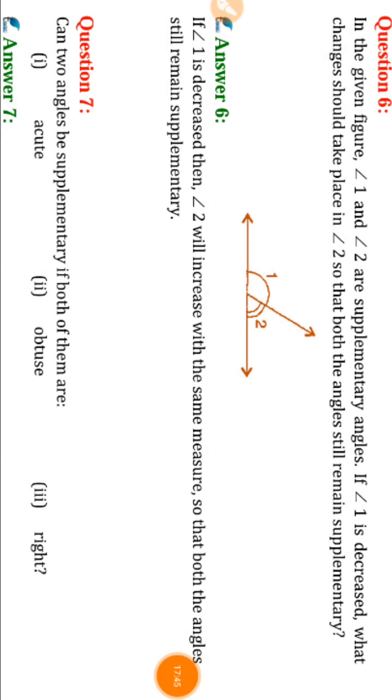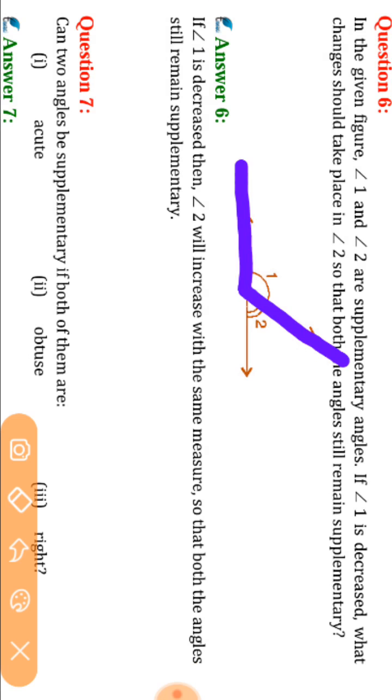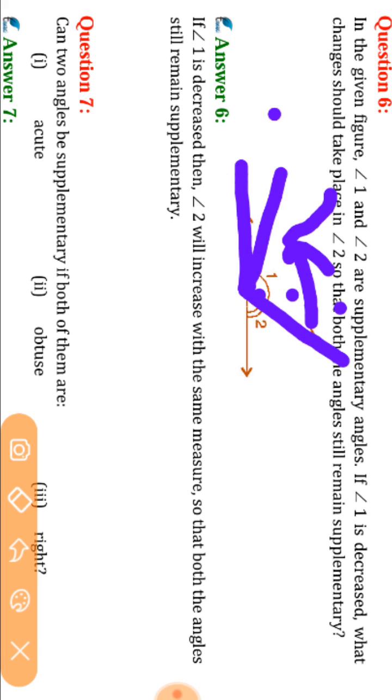Then the sixth question: in the given figure, angle 1 and angle 2 are supplementary, meaning 180 degrees. If one angle is decreased, what changes? Decreased means the angle is here, so decreasing means it should be here, and here. Decreasing, go on, it is coming down. So if this is the case,